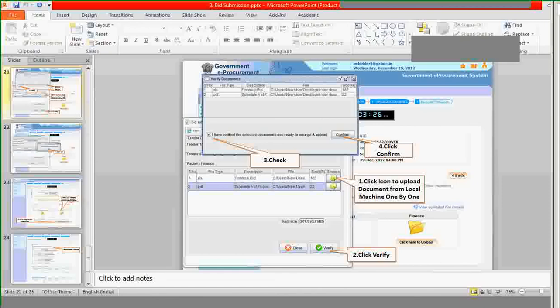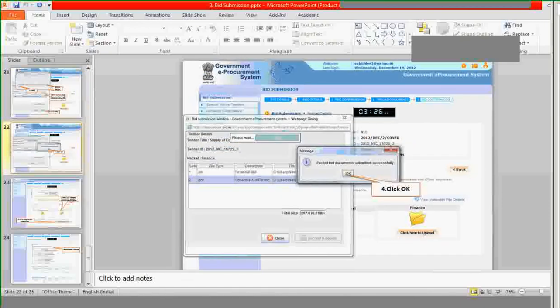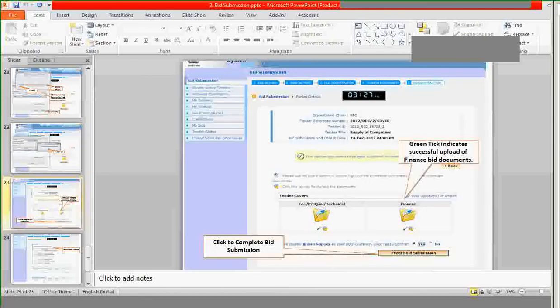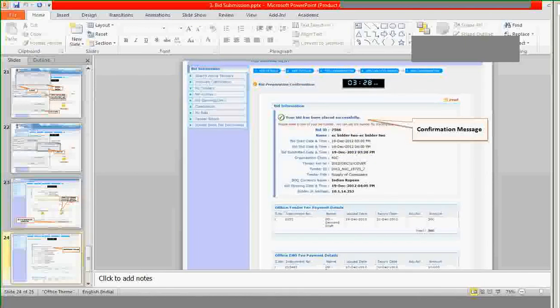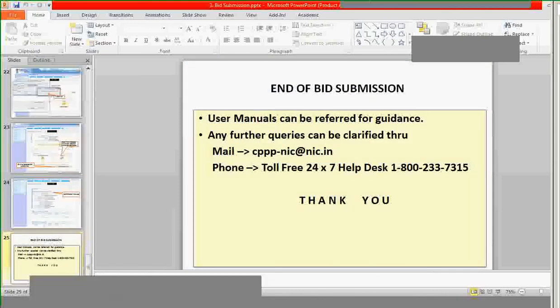Now enter the tender fee details: the currency type, the instrument type, instrument number, issue date and expiry date, amount and issue details. Now after entering the details, click on save. You will see the details added below. Now click on next. Now you need to enter the amount for EMD. Similarly,